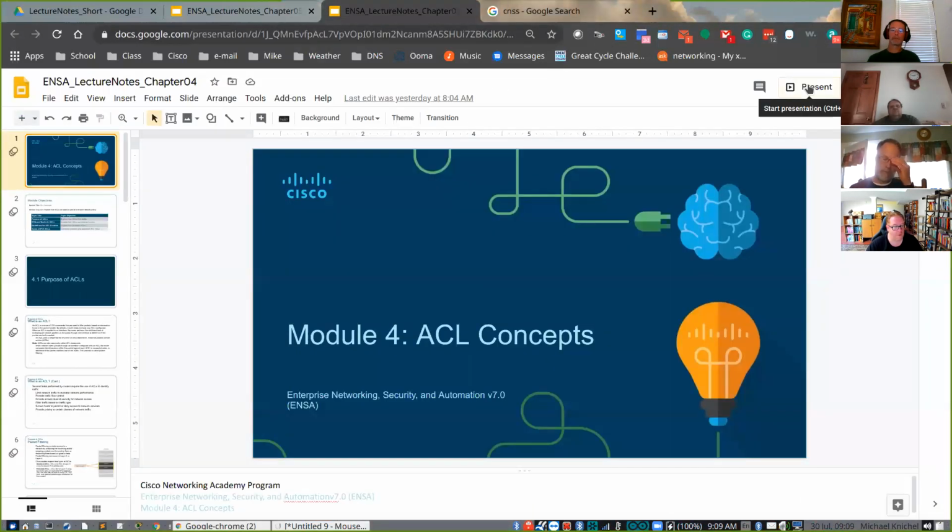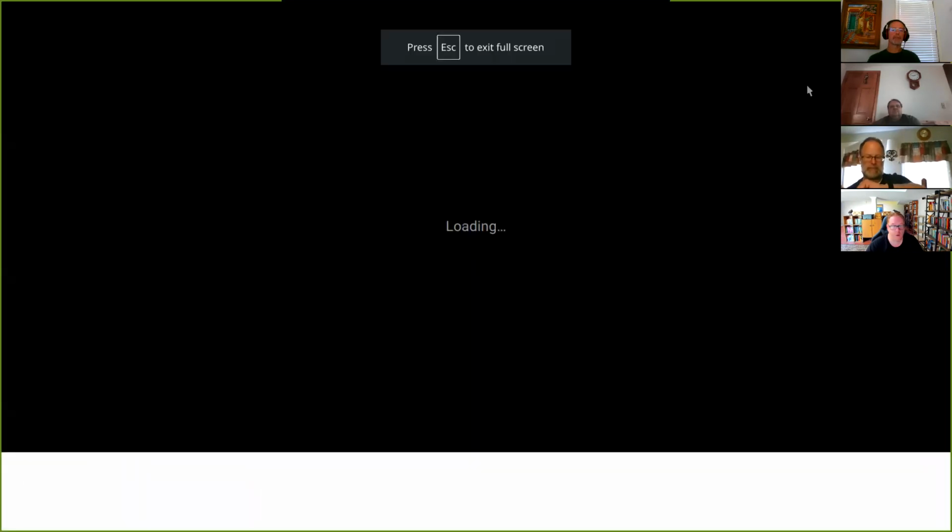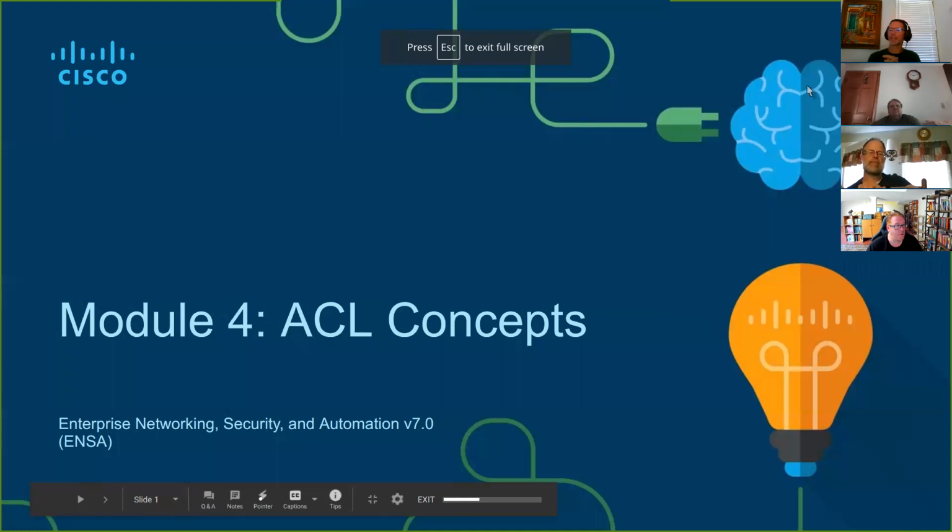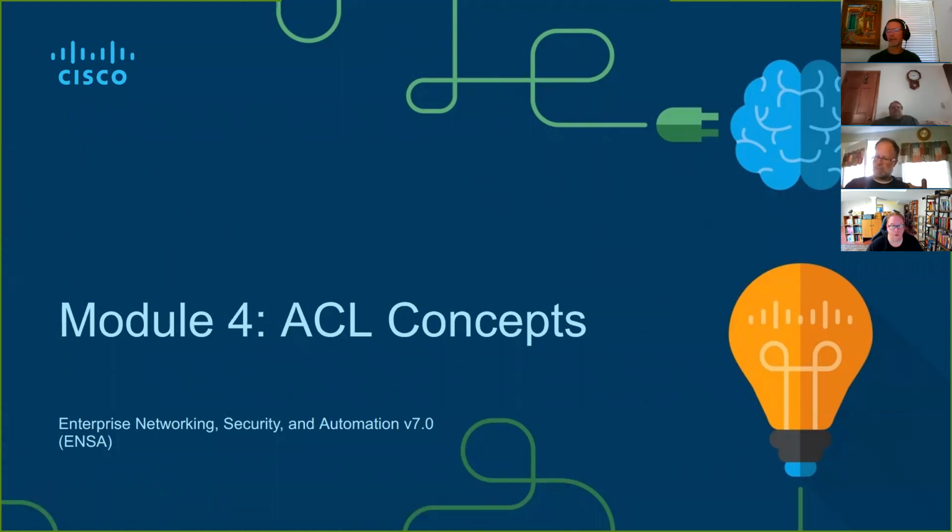Module 4 is ACL concepts. ACLs are access control lists. We put these on network devices. When we talk about a firewall, generally speaking, one component of a firewall would be access control lists. There are different types of firewalls, and at the base level, as long as you have a fairly modern IOS running on your routers, you'll have all the bells and whistles you need to run full ACLs, preventing and allowing appropriate traffic, et cetera.